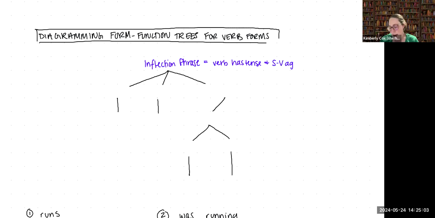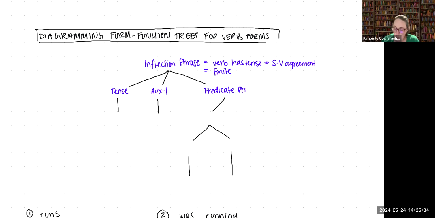Basically, it indicates that we have a finite verb form. And so in order to have an inflection phrase, we're going to talk about tense. We're going to identify or indicate whether there is the first auxiliary verb. And then we're going to break down the predicate phrase,